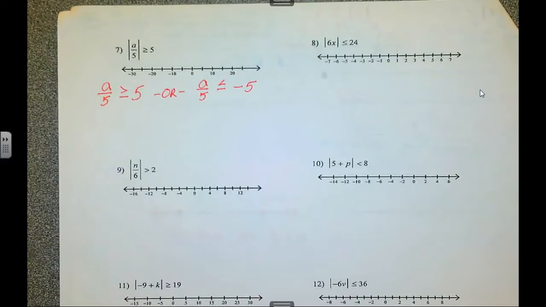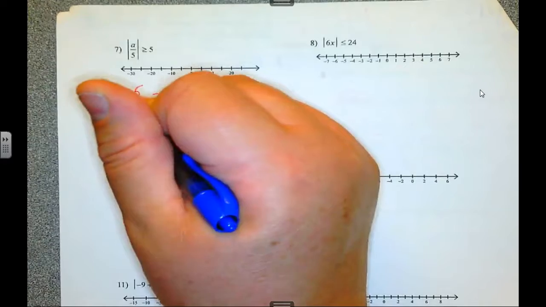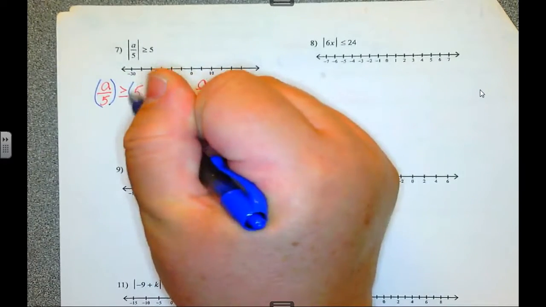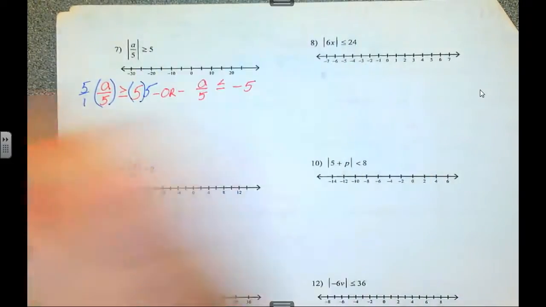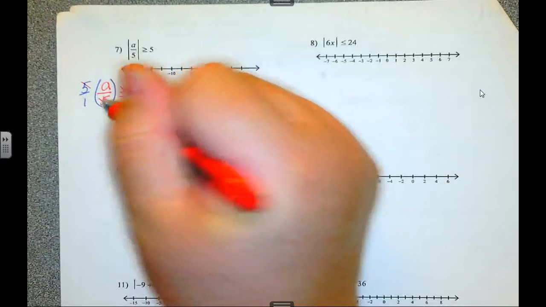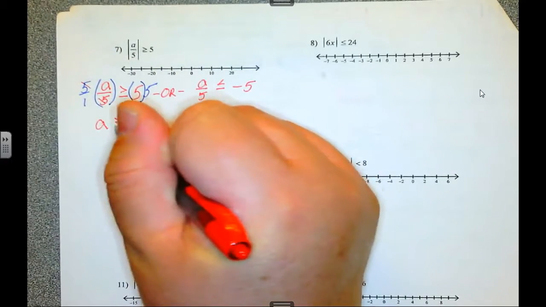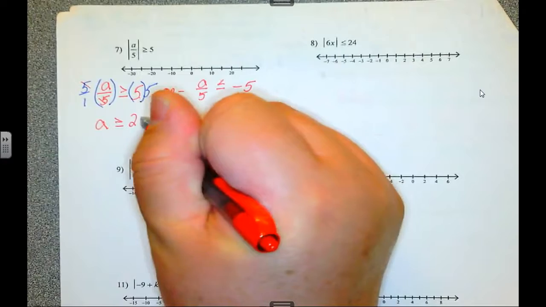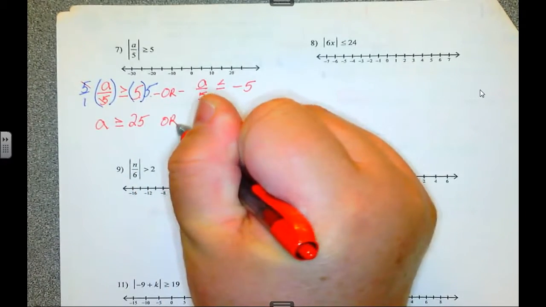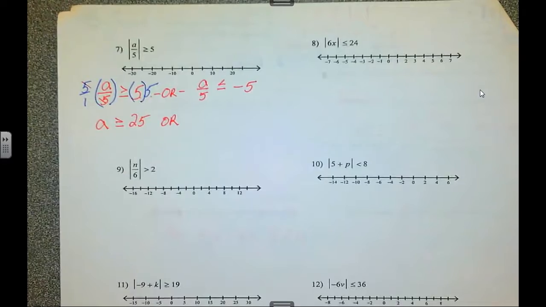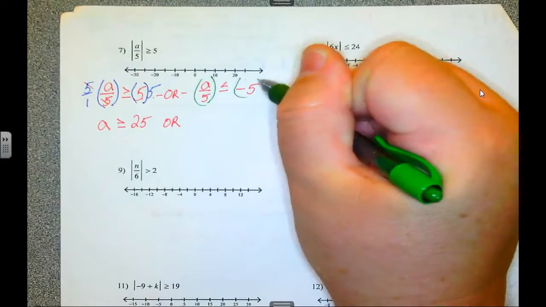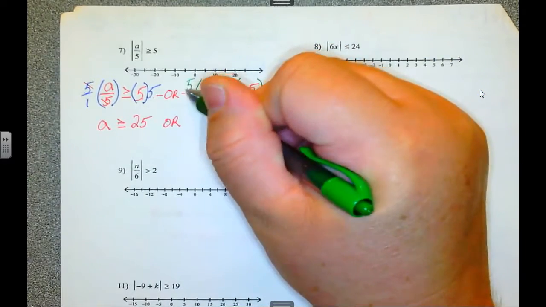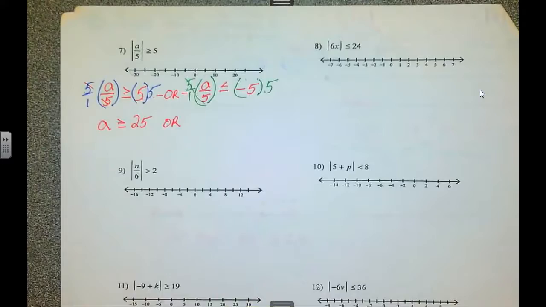Okay, now we've got two inequalities to solve. I have to get the a by itself, so I'm going to multiply both sides by 5, the denominator. Yep, 5's cancel, so a is greater than or equal to 5 times 5, which is 25. Do the same thing with the other side. Multiply by 5. And I get a